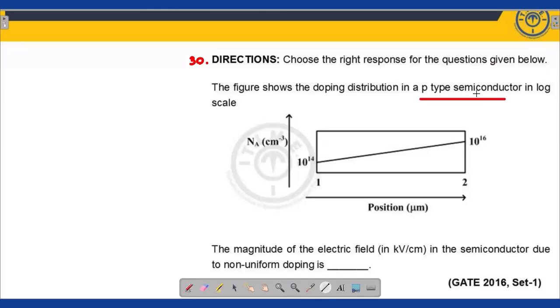What kind of doping has been done? It is non-uniform doping. Due to non-uniform doping, diffusion exists, but the net current should be zero, and hence the drift current opposing diffusion should exist. The net current is zero, but the drift current is opposite to the diffusion current in a p-type semiconductor. So here, due to the non-uniform doping,